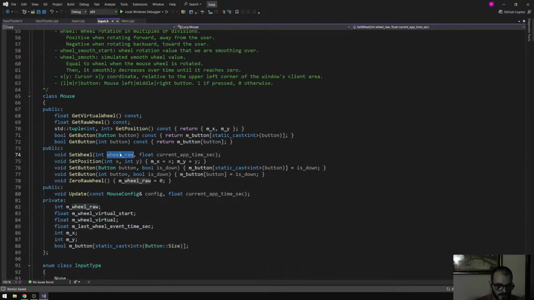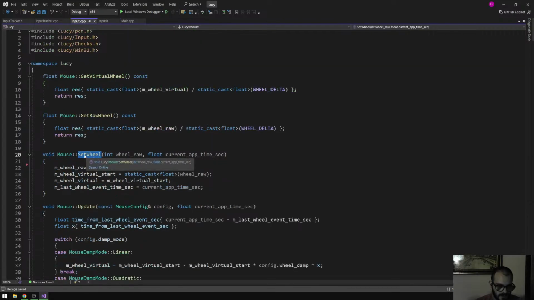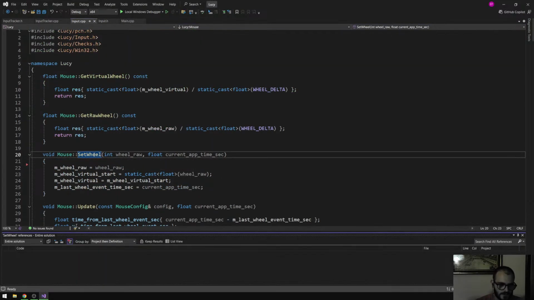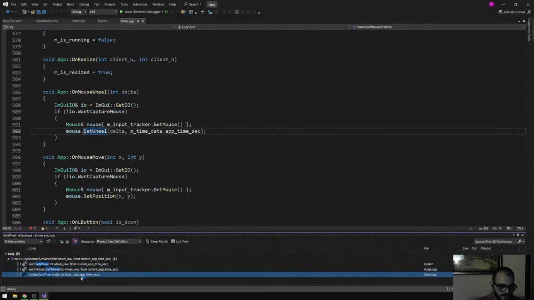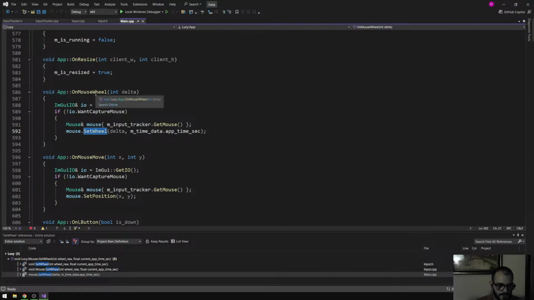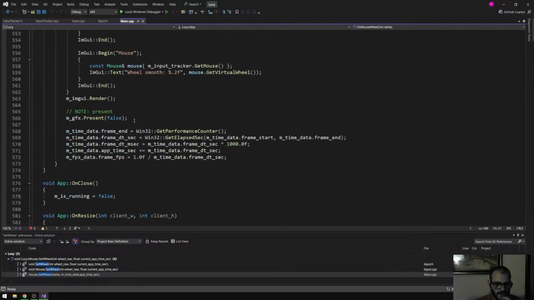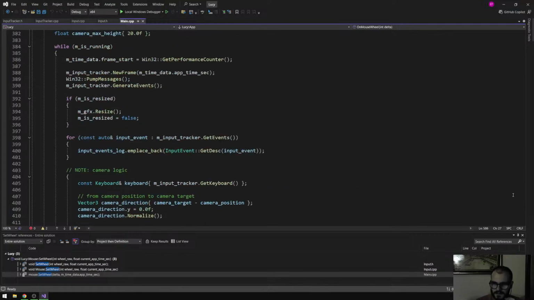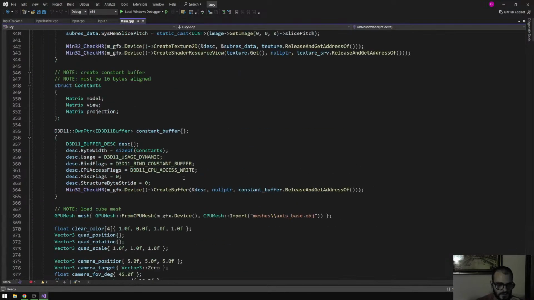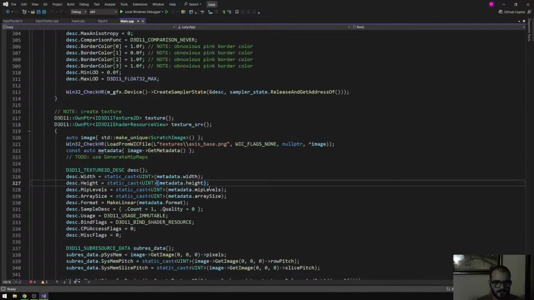Set wheel. The problem is that when you set the wheel, shift F12, this thing right here gets called here, and yes, I can